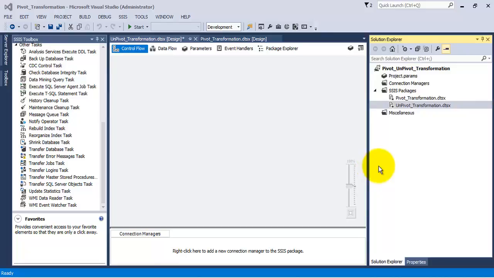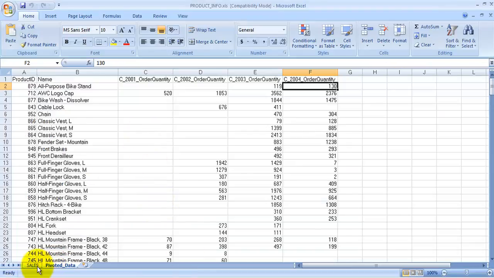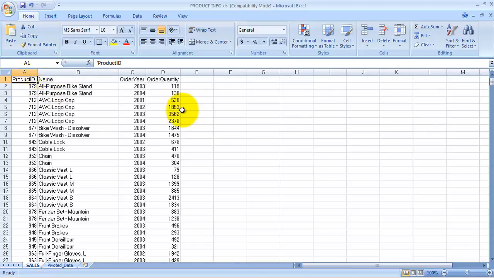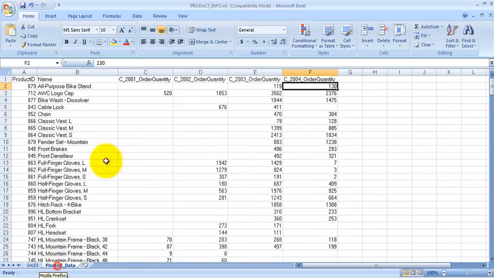Hello friends, in this video tutorial we are going to see the concept of unpivot transformation. For this video tutorial we are going to continue from our last video tutorial on pivot transformation. As part of that tutorial, we had prepared one Excel sheet. We initially had this data on sales, and from this data having 4 columns we had prepared the pivoted data